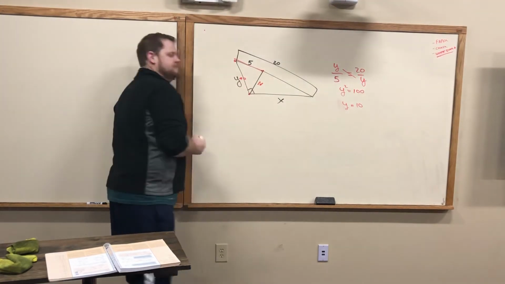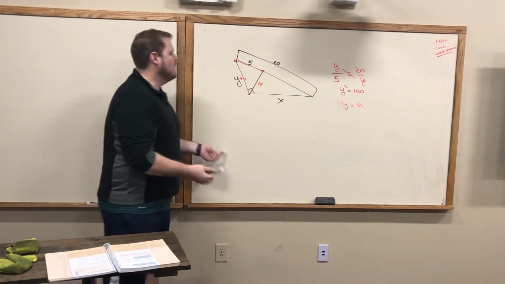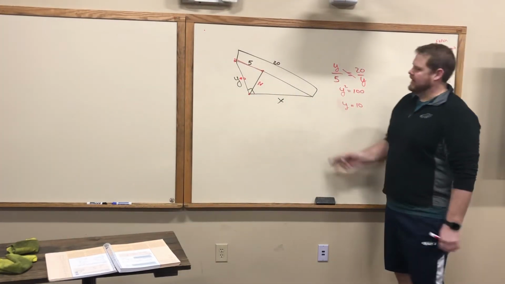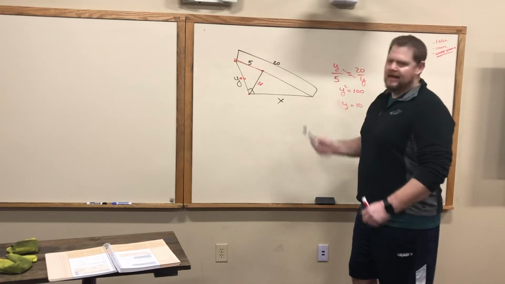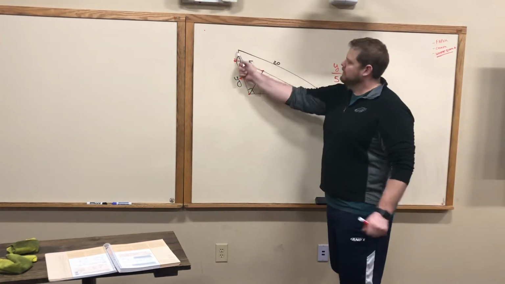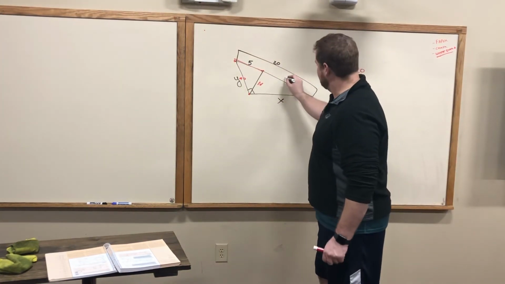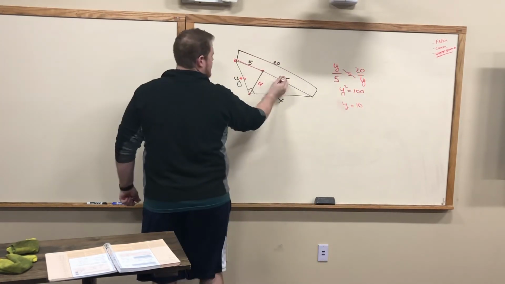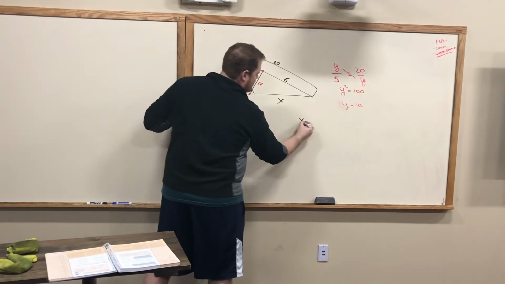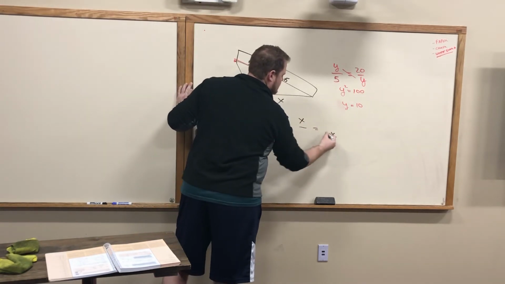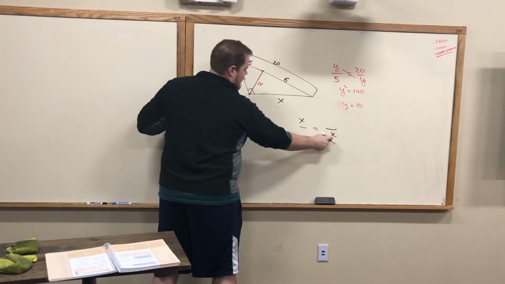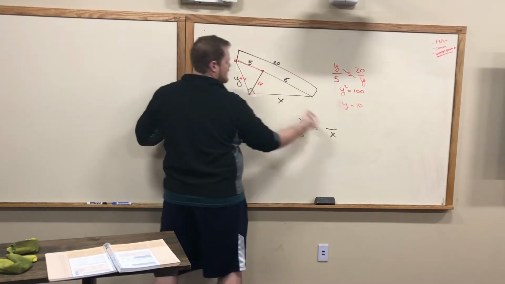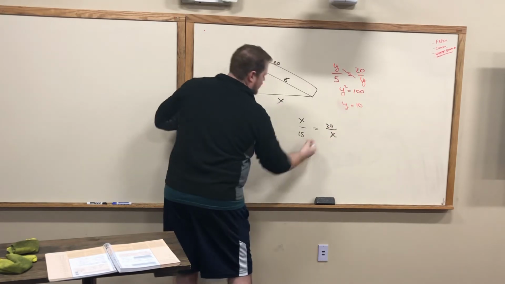Is everybody good? Now, how would I find x? Well, before I find x, I have to find something. I need the segment that is adjacent. Well, if the whole thing's 20 and this is 5, what's this section? 15, right? 20 minus 5 gives me this section. So if I want to solve for x, I'm doing a geometric mean again. X and x, so what is adjacent? 15, and the whole thing is 20. 20 times 15 is